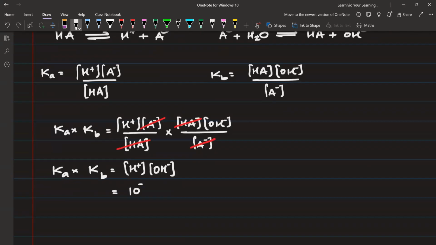It is only dependent on temperature. Ka into Kb, it is equal to what? 10 to the power